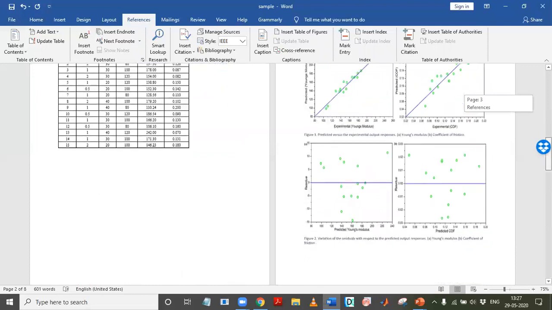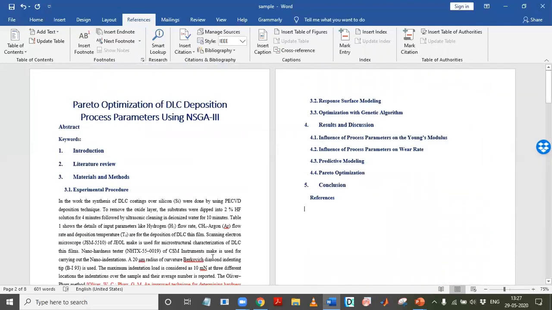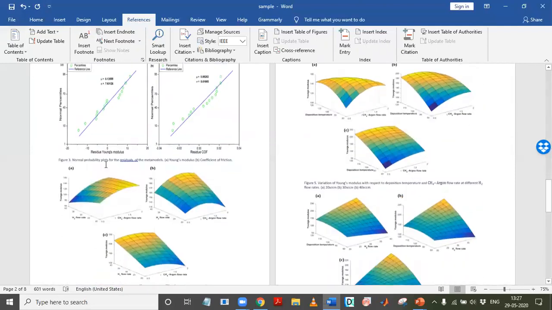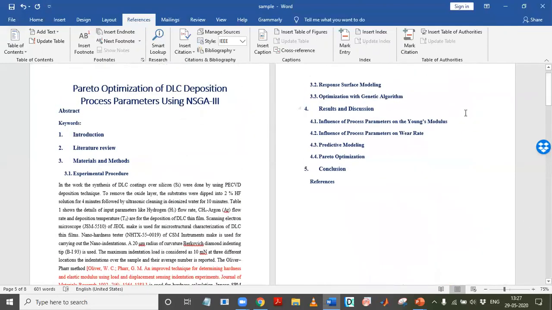So now you have the results and you have the materials and methods written. Maybe you can finish the remaining part of the materials and methods, and then start with the results and discussion, because you already have graphs and figures with you. Then you can go for the conclusion, and based on the conclusion, we need to write the introduction, and based on the introduction, we need to formulate the abstract, and finally we are going to formulate the